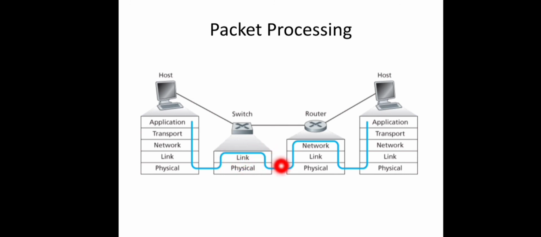Again it will move through, suppose we have the destination machine in some other distant, different network. Okay, in that case we have to use the support of a router, and inside the router we have three different layers. In the network layer it will find out the destination network. So the router may have different outgoing lines, and based on the destination address of our particular packet, that will be put over the corresponding outgoing line which connects to our destination host. And inside the destination host, it again moves through different layers up to the application layer, and it will be received by the corresponding application inside the destination host.